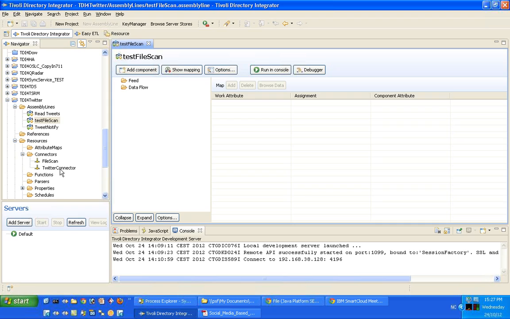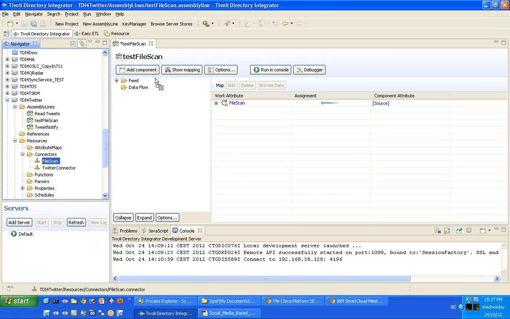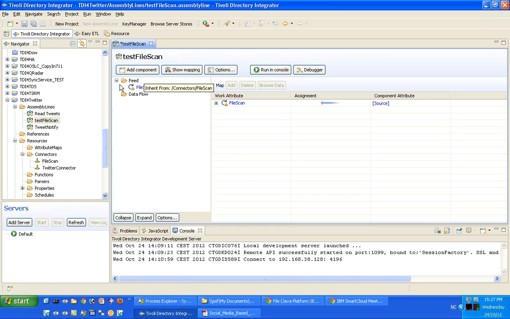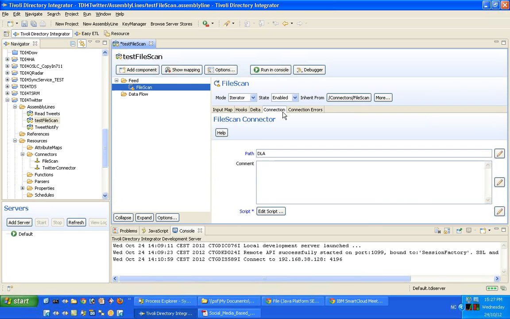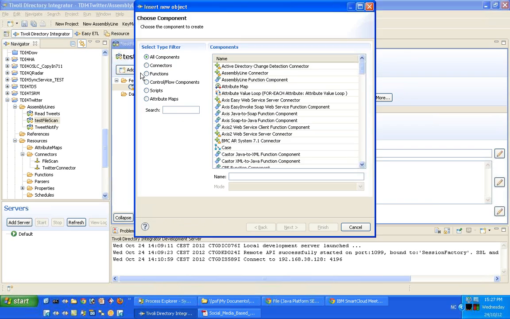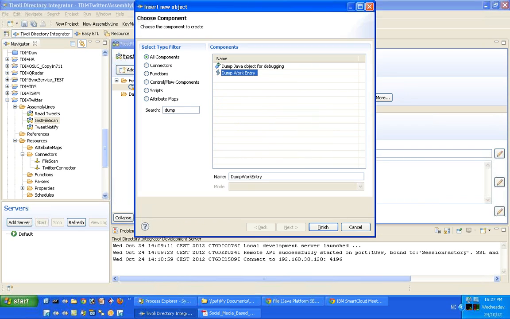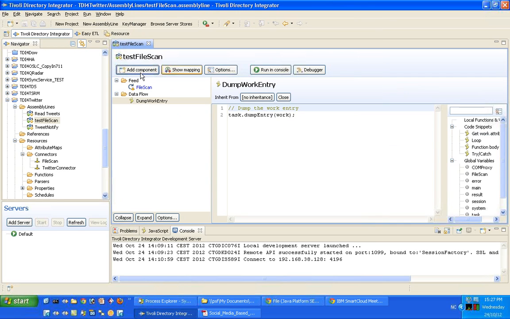So I'll take my file scan connector, I'll put it up here. We can see it's inherited, and I'm going to change the parameter here from DLA back to C:\M. So I get a few more files. And then I'll add a dump entry. So now when I start the debugger,